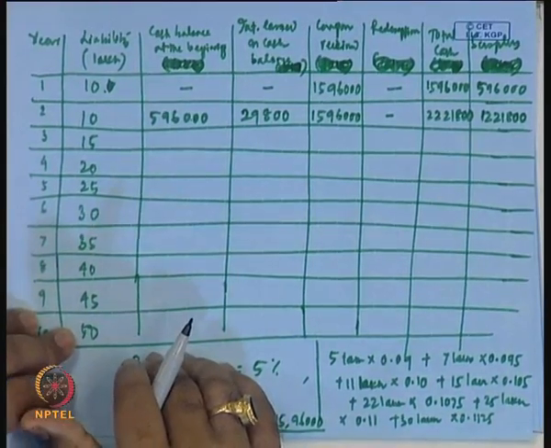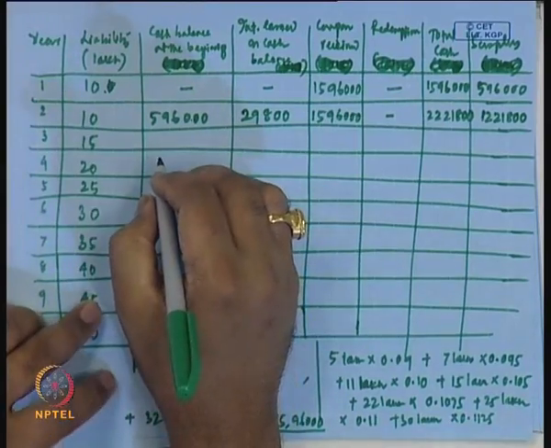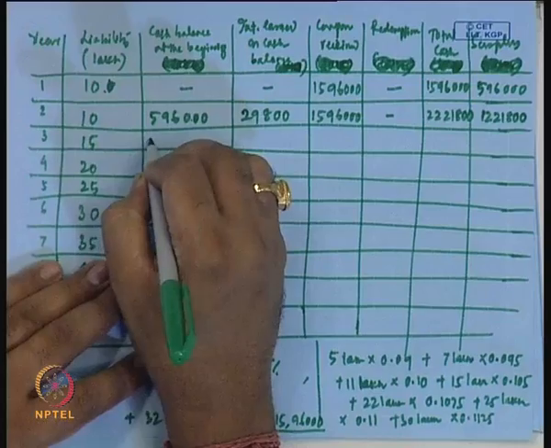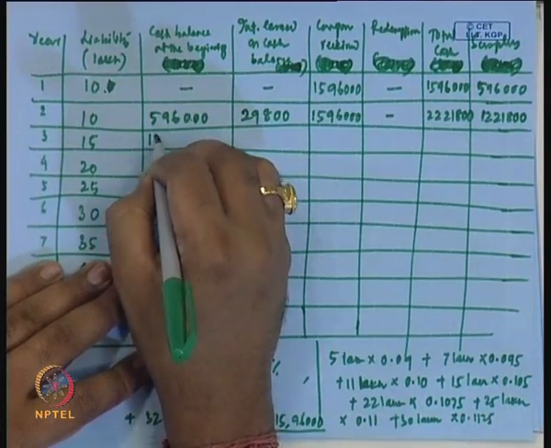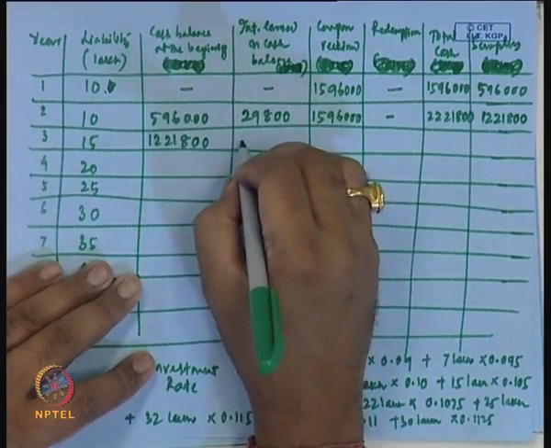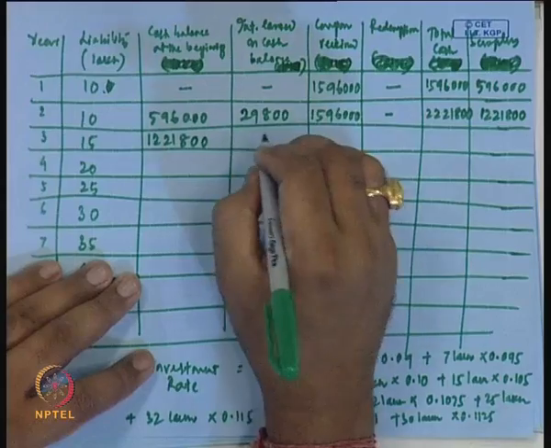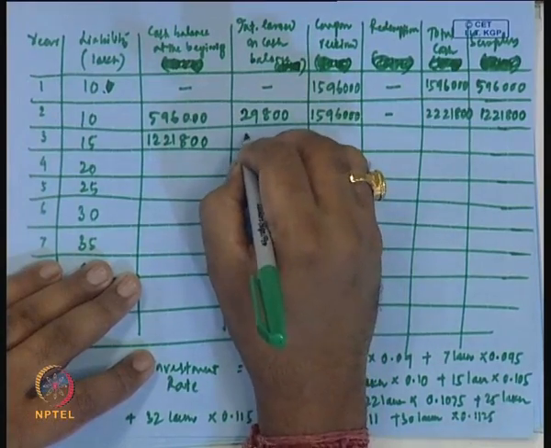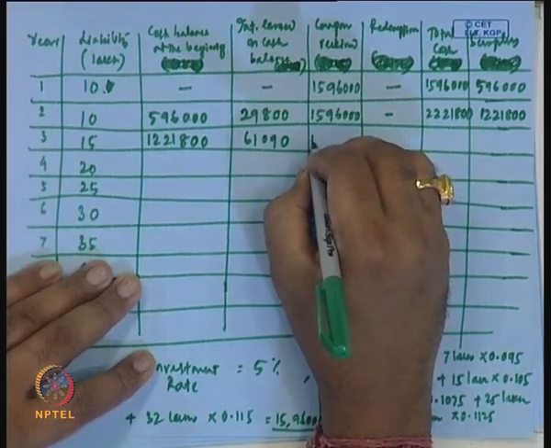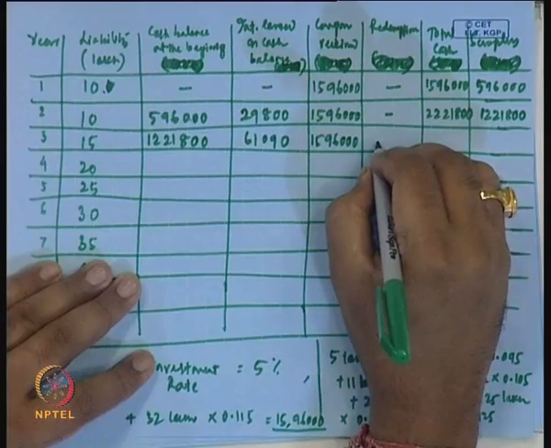Okay. So then what you can do, after 3 years your cash balance at the beginning is 12,21,800, and the interest, this multiplied by 0.05, will give you 61,090. The coupon payment received is 15 lakh 96,000. Then the redemption is